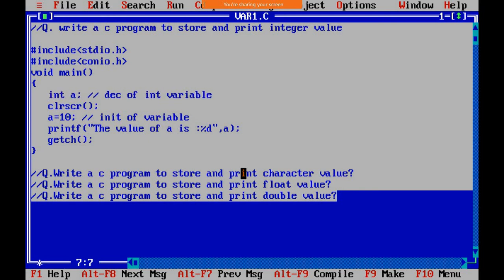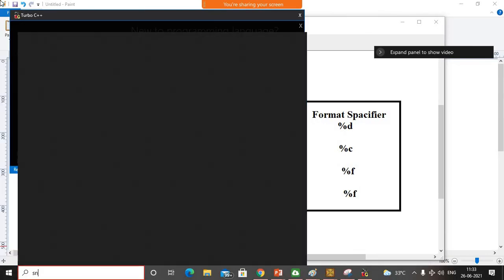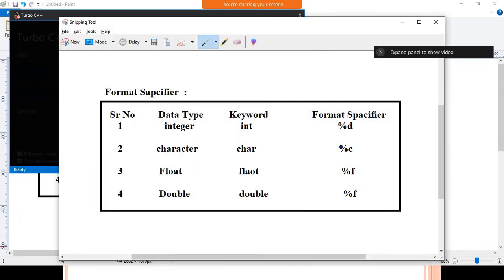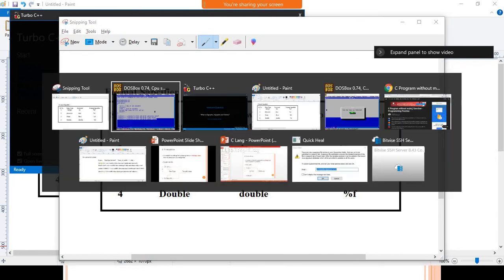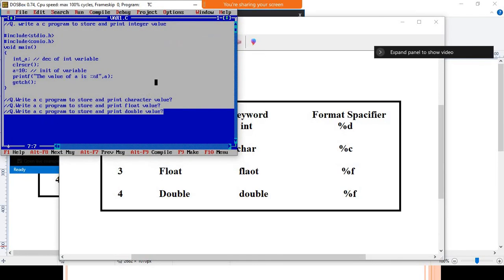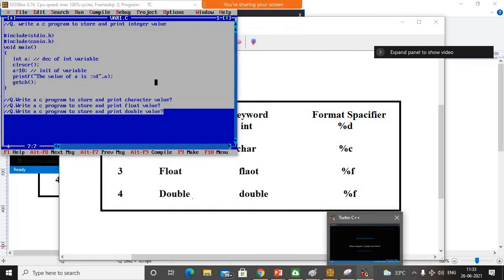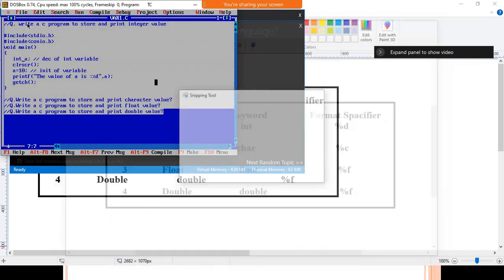Recording में provide करूँगा, but document में programs provide नहीं करूँगा. Okay, so just give me 1 second. I will snap this.